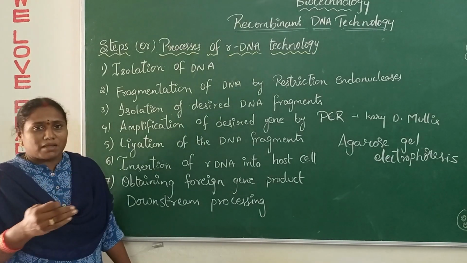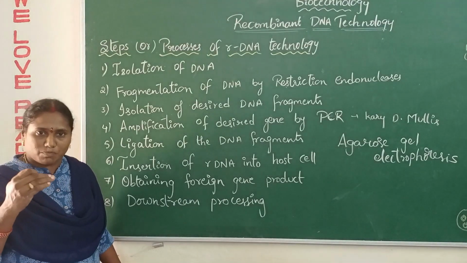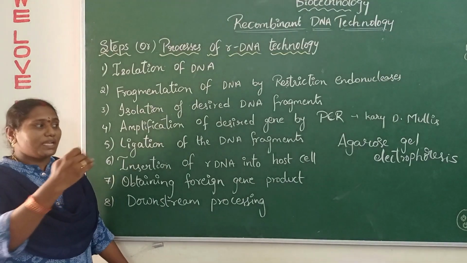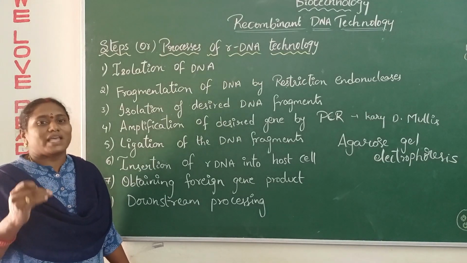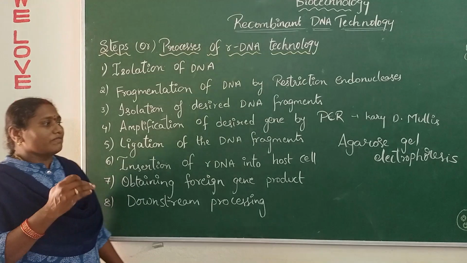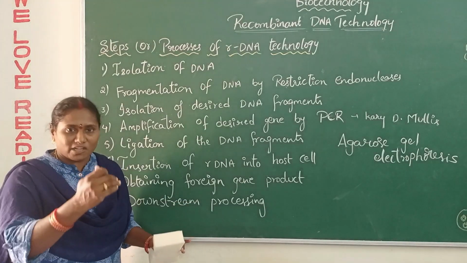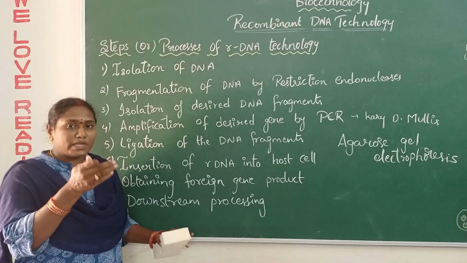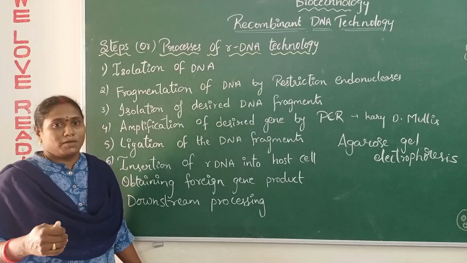So the DNA fragment, as it is a negatively charged molecule and phosphorus is a positively charged molecule, it slowly moves towards the positively charged part called the anode. First it is accumulated at the cathode, but later on, as the phosphorus is moving towards the anode, some fragments will move towards the anode.